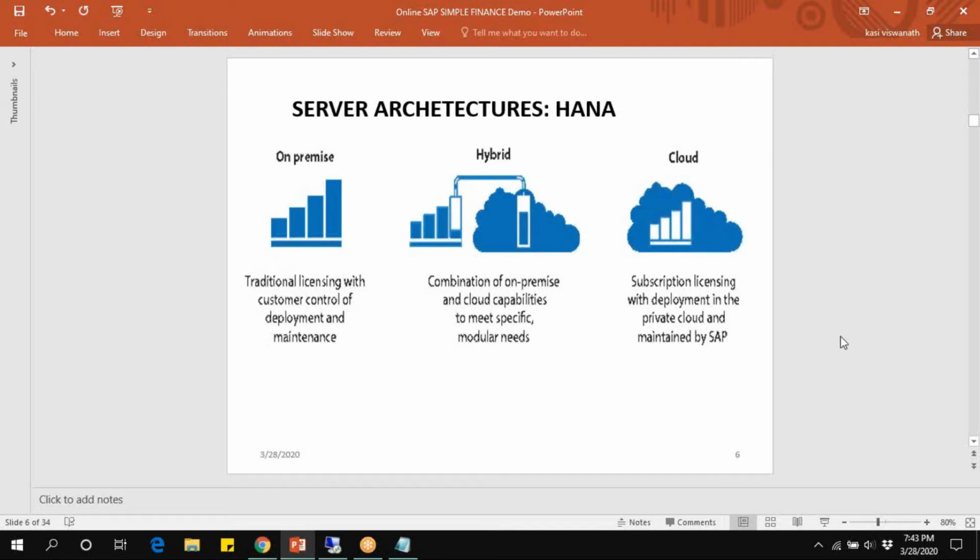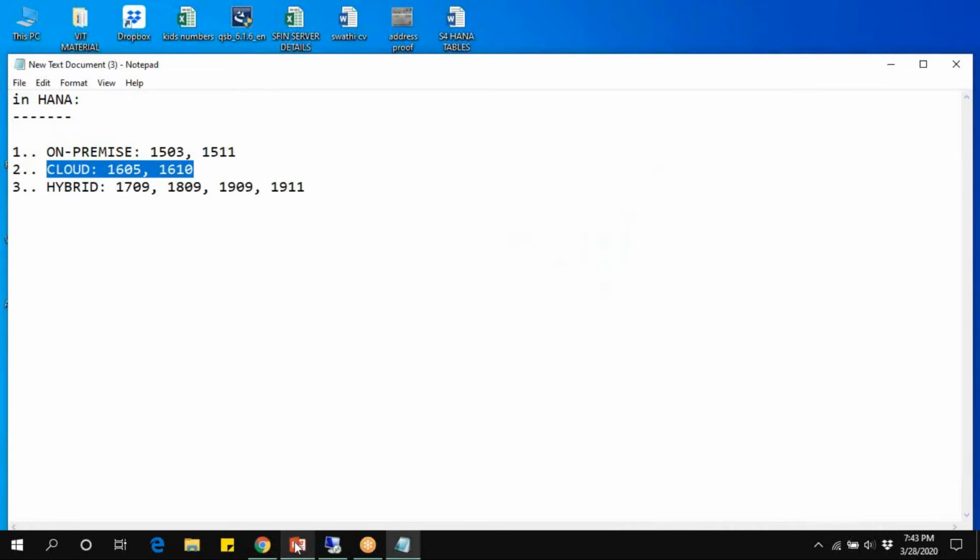For this, SAP designed the platform as hybrid. What is hybrid? Combination of on-premise and cloud capabilities to meet specific modular needs, meaning to meet a client's requirements.